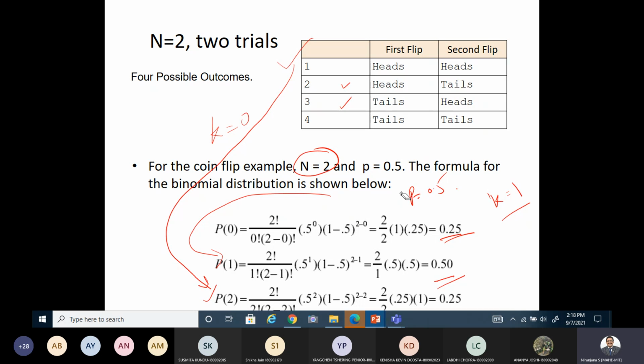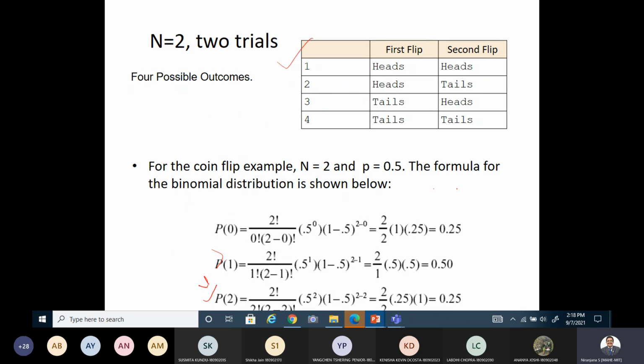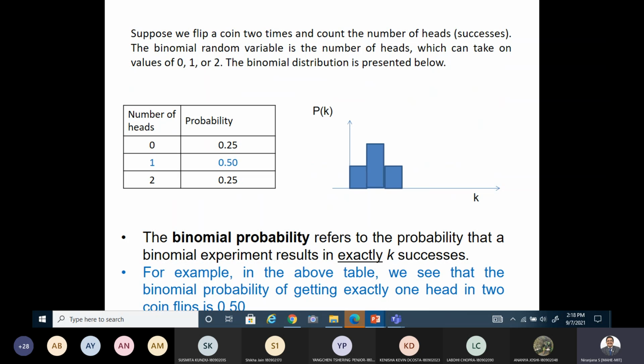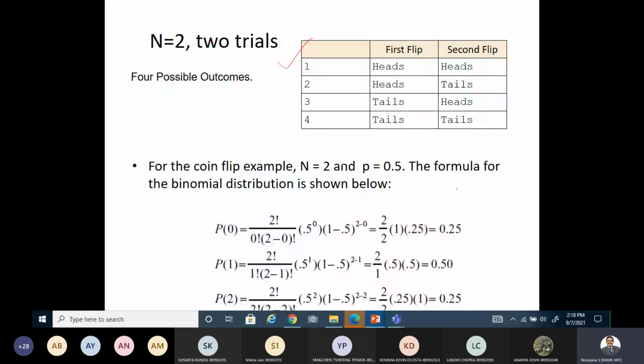So does anyone of you have a doubt here on how to calculate? I think you may have seen these formulas earlier, right? Any clarification here for the given problem? It could be a COVID problem or some other problem where you can describe the distribution. But in a given case, whenever the outcome is success or failure, that kind of problem, you can try to describe with a binomial distribution.